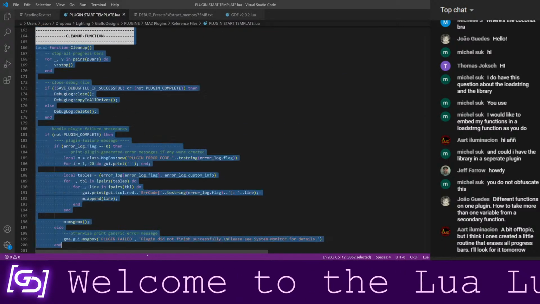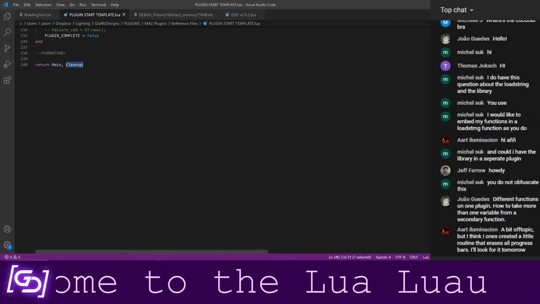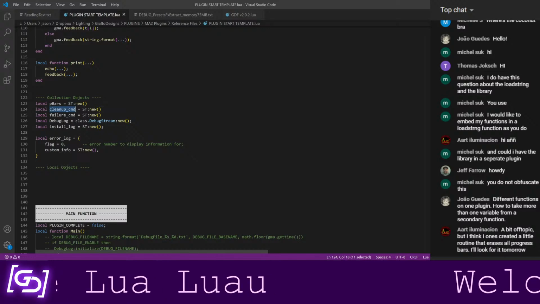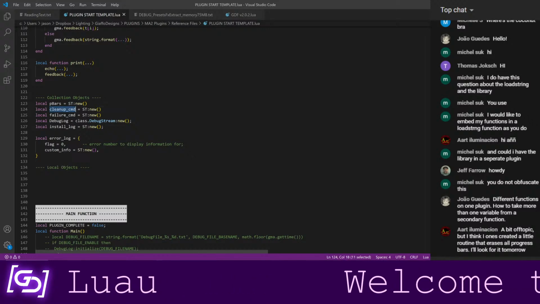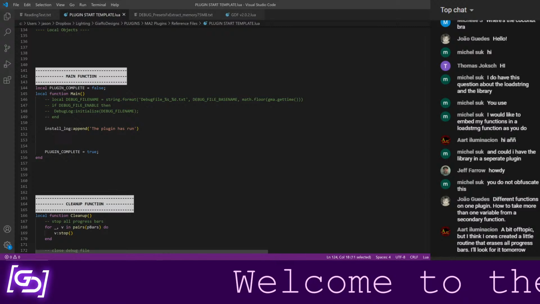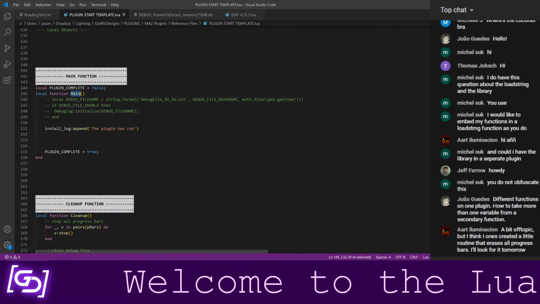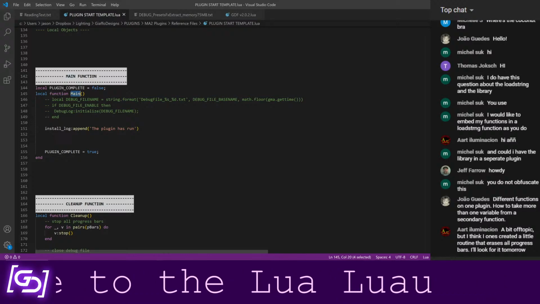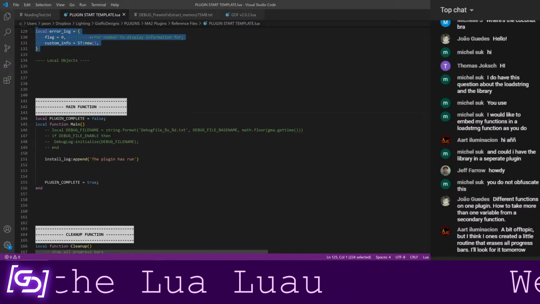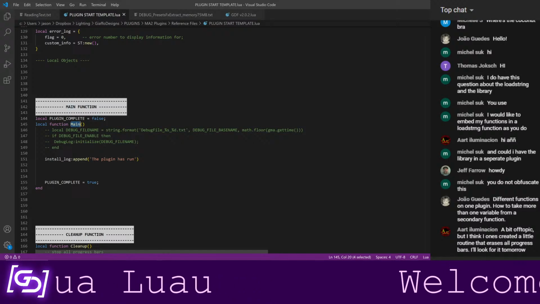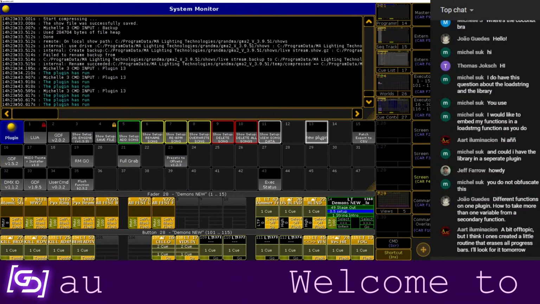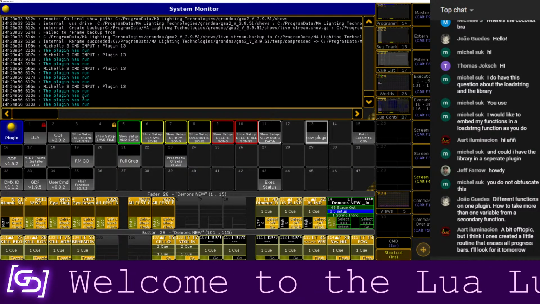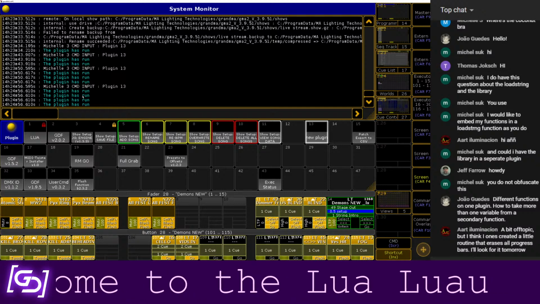This is code that has run before it got to returning these functions to MA to be used, which means that these tables existed before the plugin ran. They just didn't have anything. It also means that when this function is done executing, it's not like it resets the Lua engine. It just finishes executing this function, but everything that existed before, unless it was deleted somehow by this, still exists, which means that when we keep running this function with an existing table, that table continues to exist, and we just keep adding on to things that are still persisting in memory.